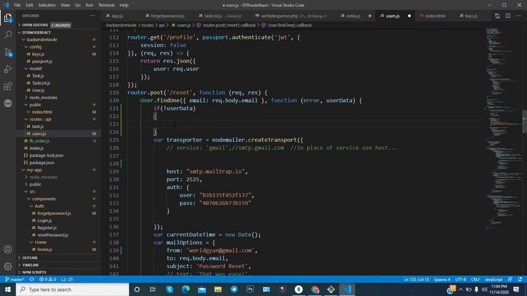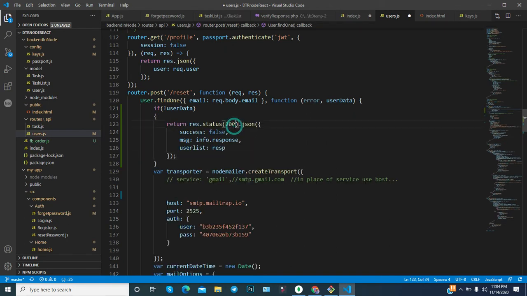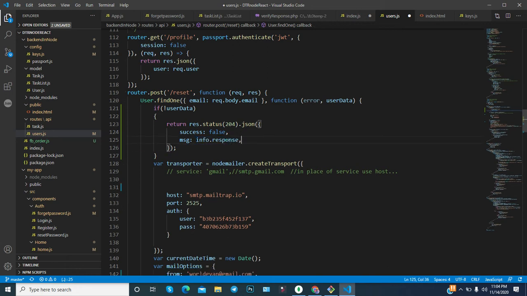You need to return 404, and the success message is false. Here, removing this one, the message will be user is not found, email is not registered.